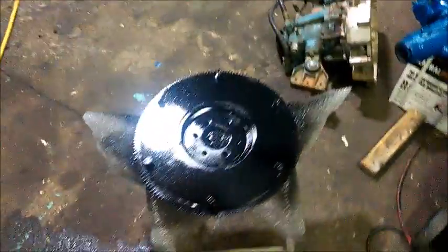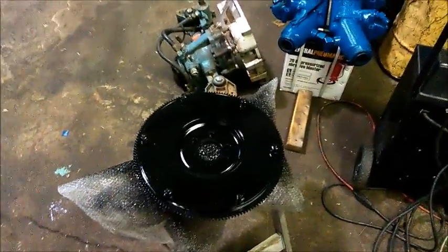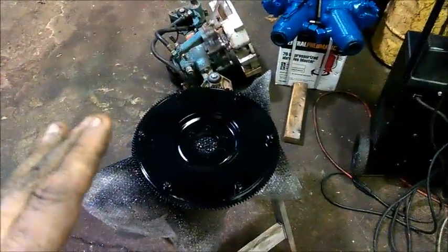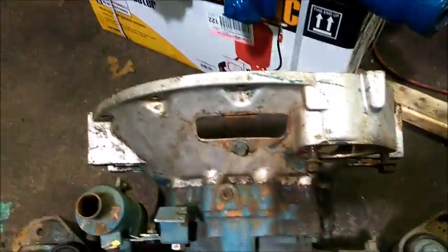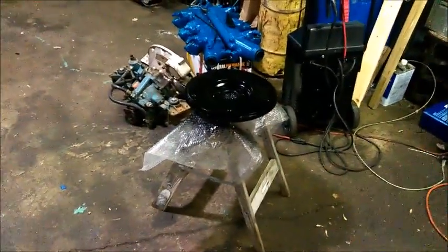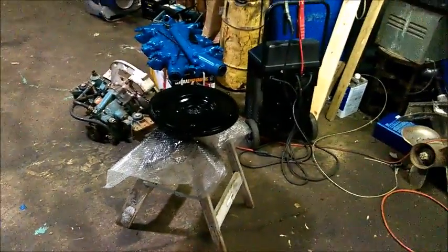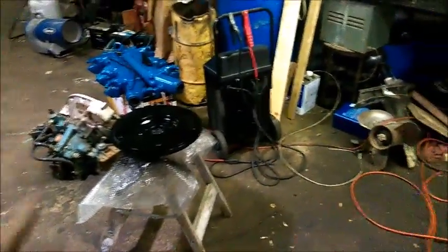Now, this flywheel goes inside that bell housing, and outside of when you actually set the timing through this entrance right here, nobody's ever going to see this. But the reason I went ahead and sanded it down, wire brushed it down, cleaned it off, and painted it is simply for protection. That's it. A new nice coat of paint is going to protect it for a while. I really doubt that it could rust through. But anyway,